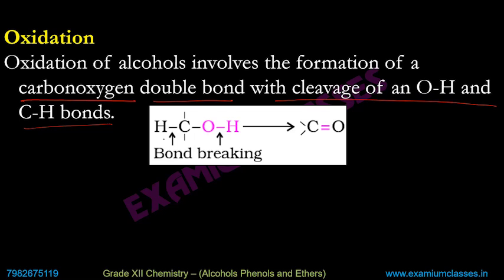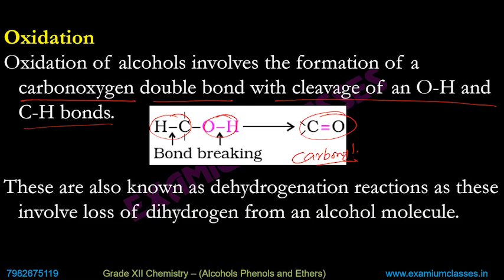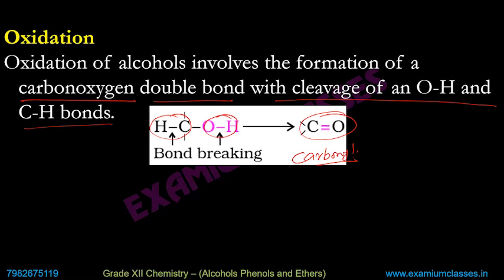Here you have CH bond, and here you have OH bond. So OH bond gets cleaved and CH bond gets cleaved. And you get a carbonyl group in oxidation. And you remember we talked about that alcohols